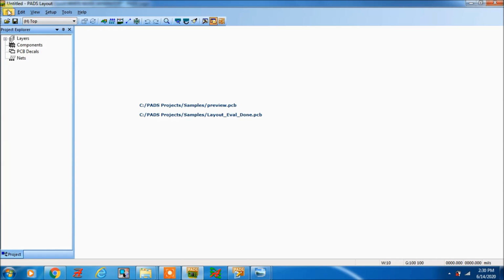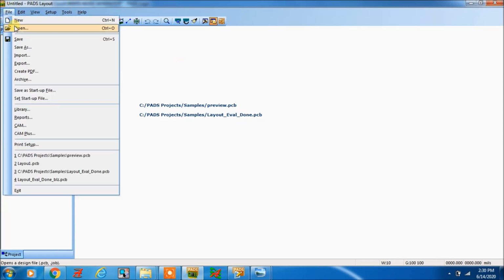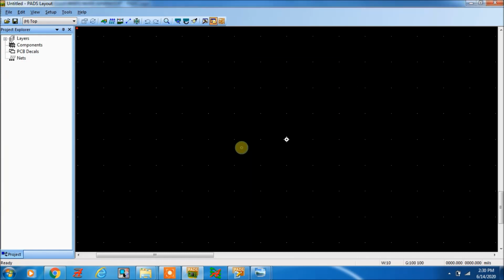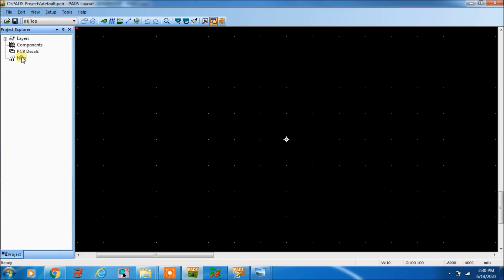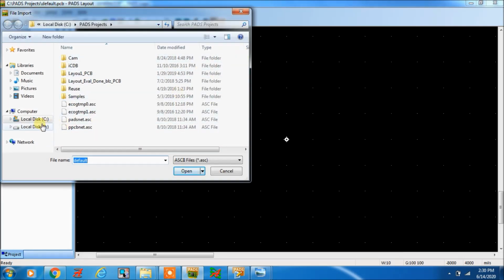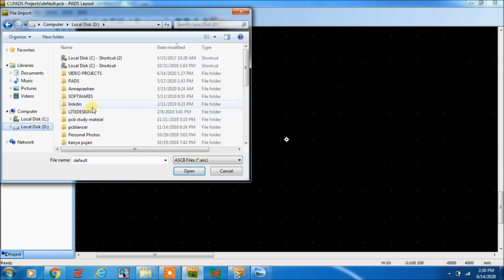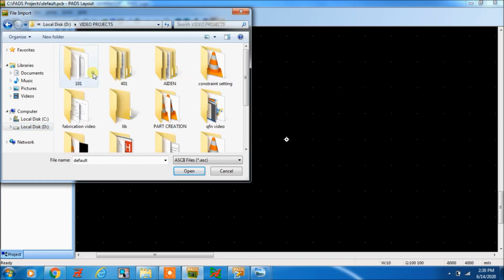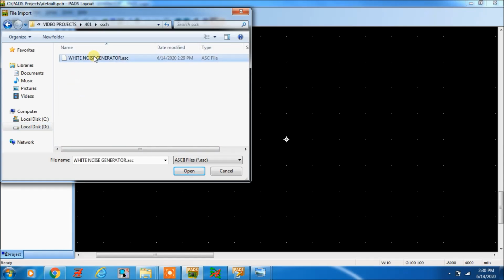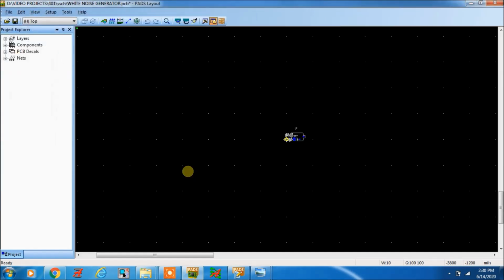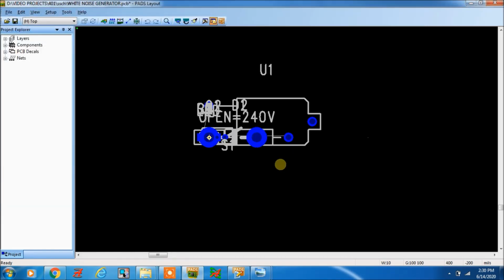I'll make a video on how you can import and what the error is. New. Okay, file, import, and you have to go to your folder. I have saved in video project 401 schematic. This is the netlist. So here it is imported already.